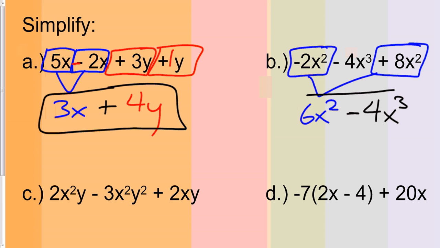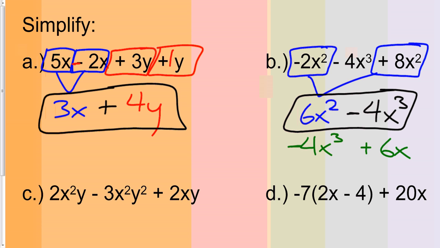Okay. And some of you are probably wondering, does it matter what order I write the terms in? We'll talk about that a little bit in the near future. Most of the time, we write the largest power first and go downward. And that's what you'll see as the year goes on. Not a huge deal, but I could write this as negative 4x to the third plus 6x squared as well, because this is positive. So I could write it like this. These are the same